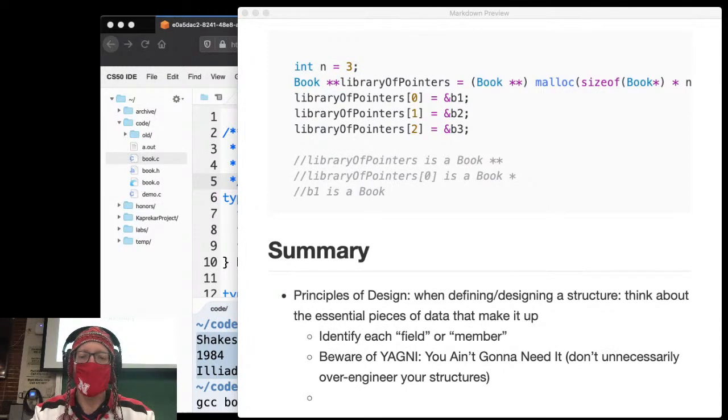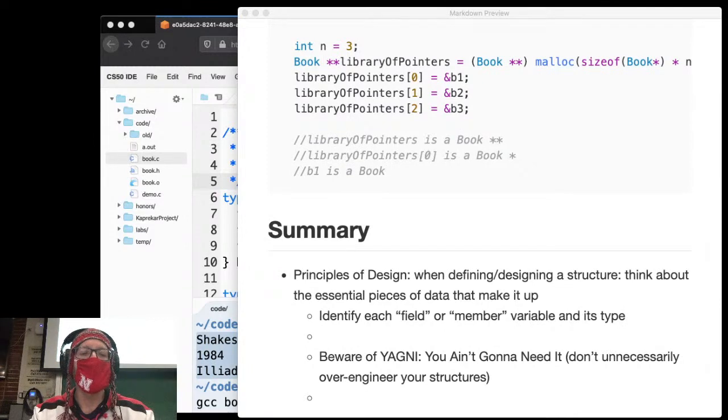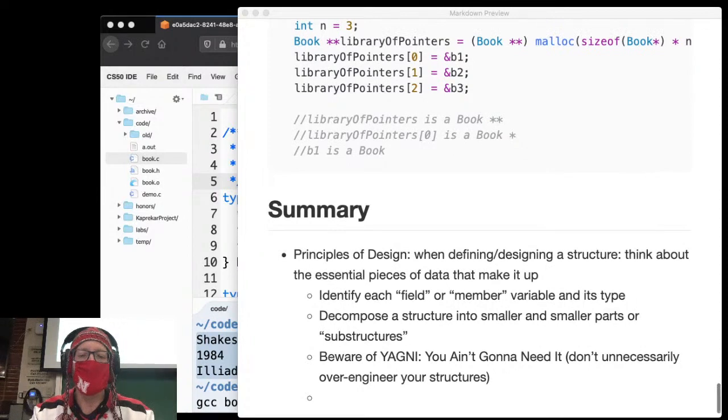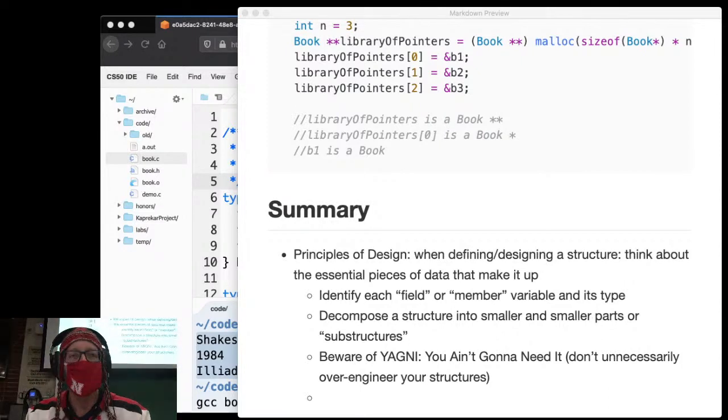But otherwise, you identify each field or member variable and its type. This is sometimes referred to as decomposition. You decompose a structure into smaller and smaller parts or substructures, just like we did with the author. Well, that's a person. A person also has a date of birth. Well, that's three things, so that seems like another structure. You're decomposing it into structures until